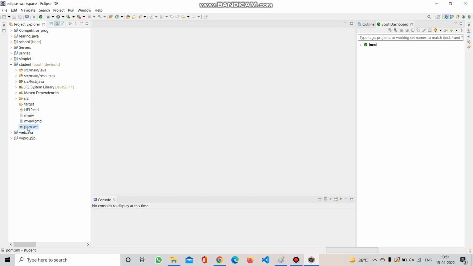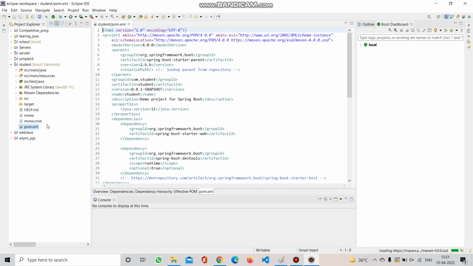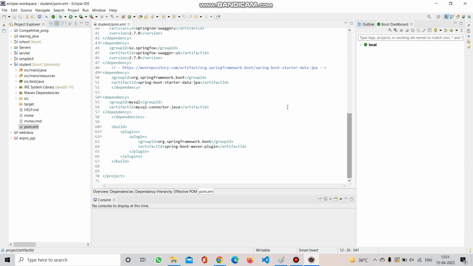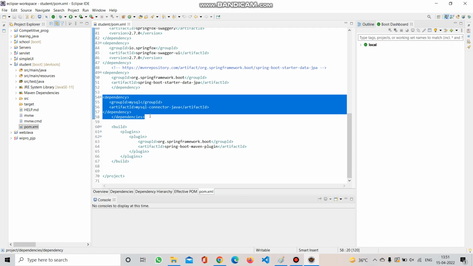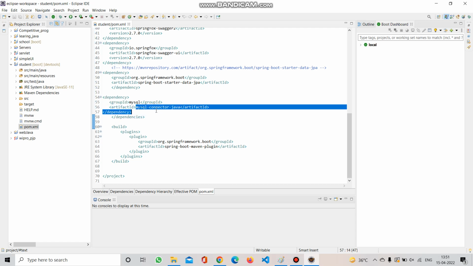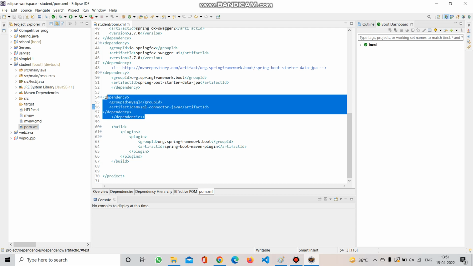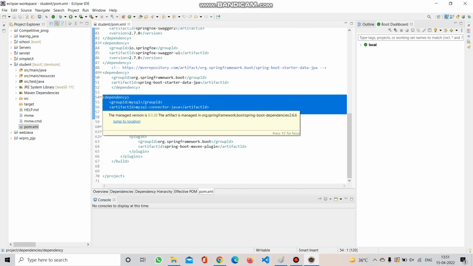Now next but not the least is the pom.xml. So this is also a very important file to know about. So if I open it here, you can see it is an XML file. So I was talking about the dependencies. So you can see that if you need any dependencies, like to connect to the MySQL database, you need to define that here. So you can see the dependencies tag and the group ID and the artifact ID. So you just need to put the dependencies here, and the rest of the things will be taken care of by